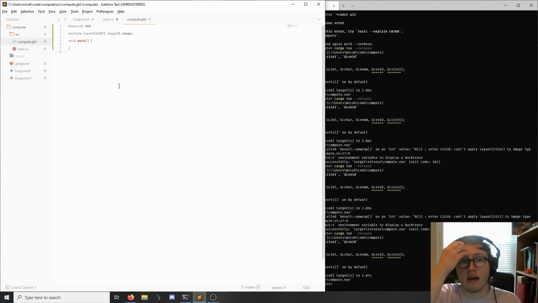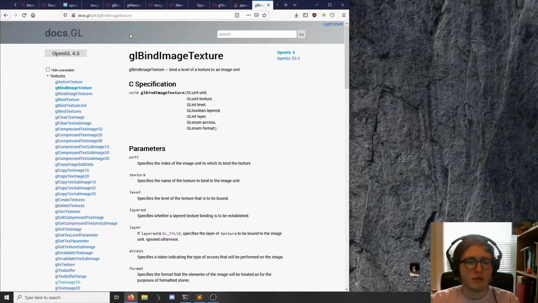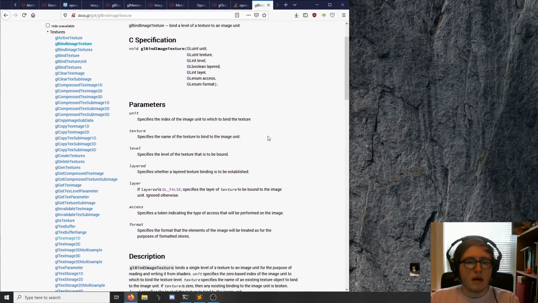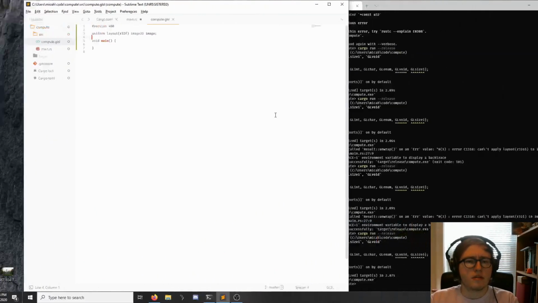Sometimes you want each thread to have a different piece of input, and sometimes you want them all to have a shared single parameter. That's what a uniform is, because it's uniform across all threads. In this case, all of the threads are writing to the same image, so I'm providing the image as a uniform. So I need to bind image texture,